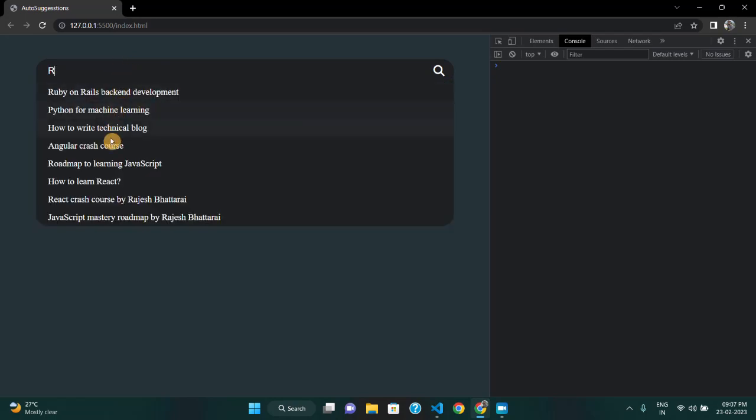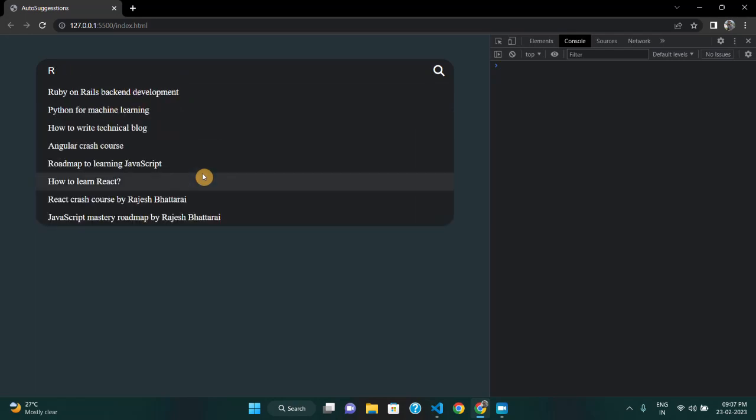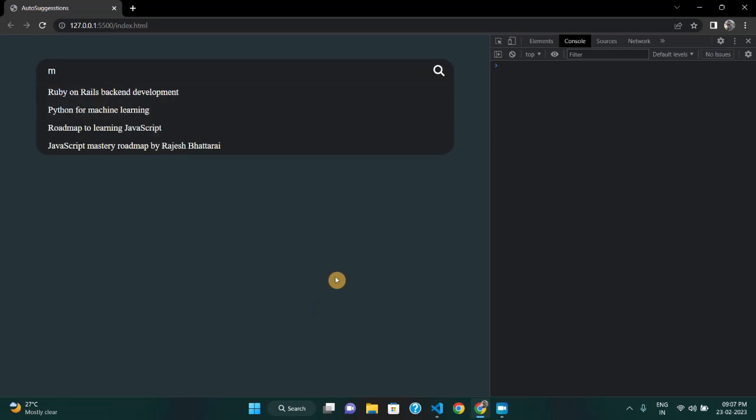So let me type r, and now it is giving me all the sentences that have the r letter in it. Now if I type a, it is showing me only those sentences which have ra inside it. Now if I type Rajesh, it is giving me only those two sentences which have Rajesh in it. So now it is working completely fine. Now if I type mastery, it is giving me only that sentence which has mas in it. Now if I remove s, it is giving me the ones which have m and a. So the search is working pretty much fine here, but there is a small